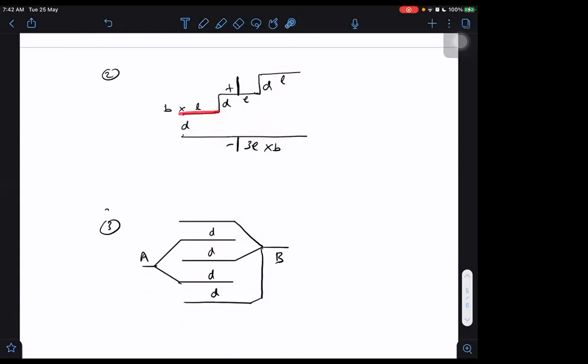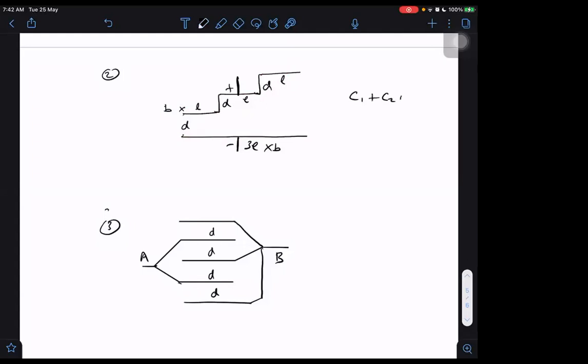Parallel combination, yes, because these are directly connected. So this is one capacitor here. This capacitance has gap D. Other capacitors will have gap 2D, and the third capacitor will have gap 3D. This can be taken like a parallel combination, connected with each other also. So these are all at the same potential. So this is like a parallel combination. So we will be adding in parallel combination.